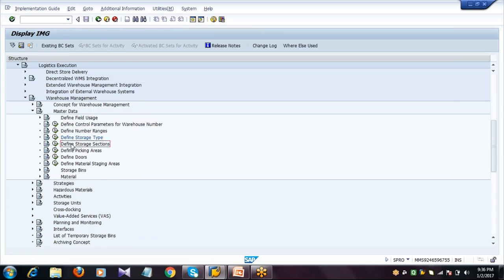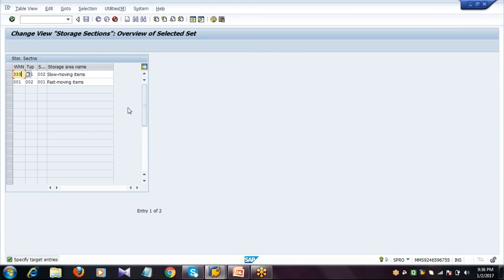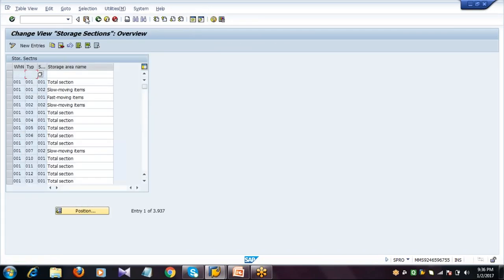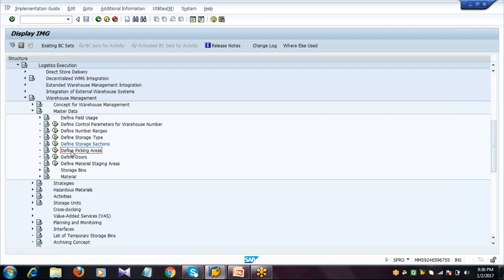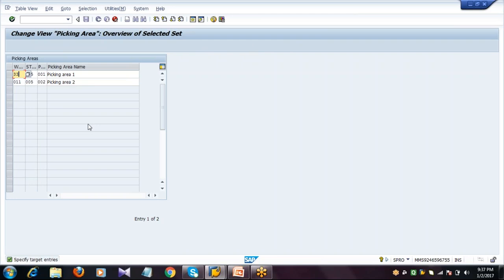Next, define storage sections. Under the storage type, we will have storage sections. So select the SAP given standard line items, copy as, replace with your warehouse number and storage type. Press enter and save. Next, define picking areas. Even for this, select the standard line items, click on copy as,